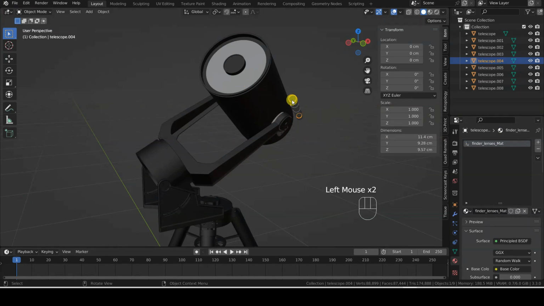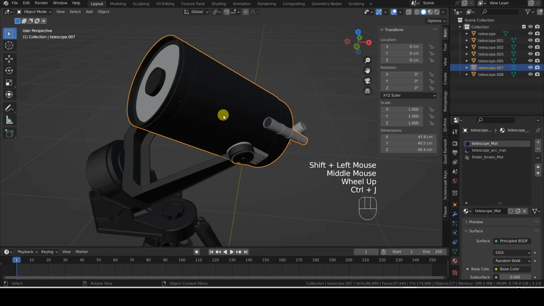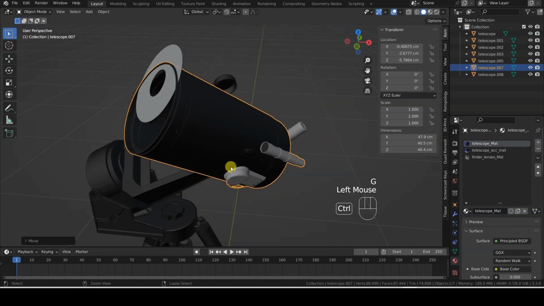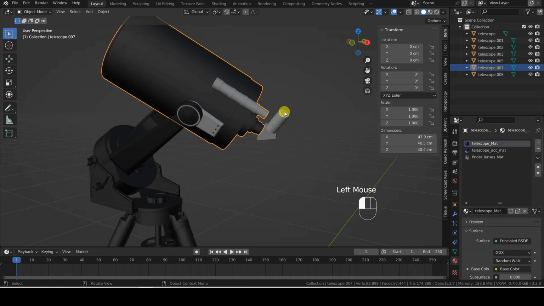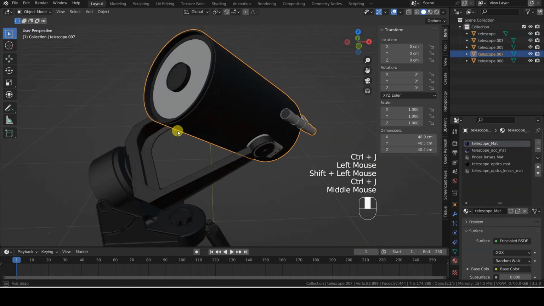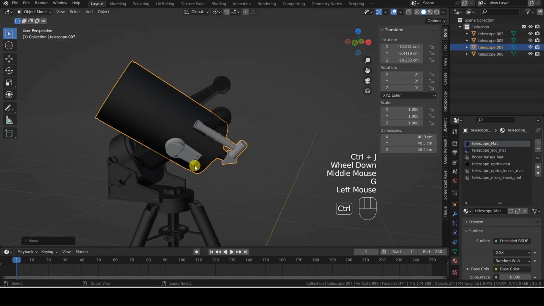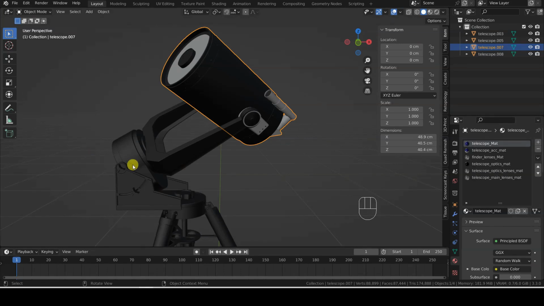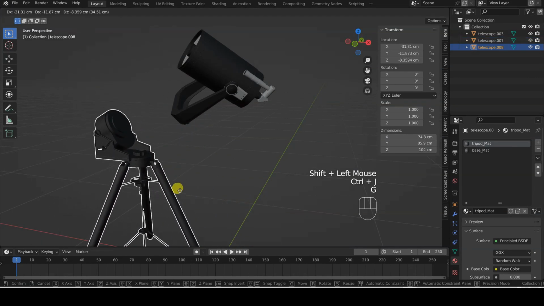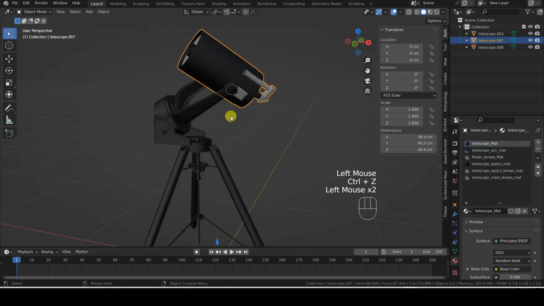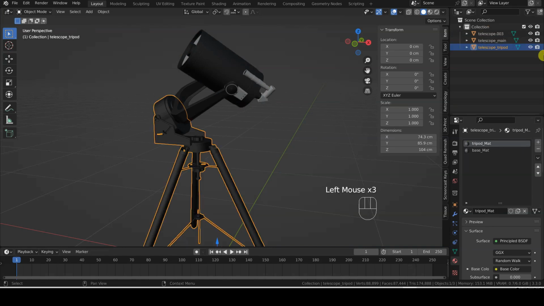At the end, we can merge some objects together, such as the lenses of the finder object to the body of the finder and, subsequently, the body of the finder to the main body of the telescope. We can also merge the lenses of the telescope, the optics, and the main body of the telescope together. The base resting on the tripod is generally rotated once, based on the latitude of the place, but it should not be rotated during an observation, so we can merge it with the tripod. We have therefore obtained three main objects, as desired. It is a good idea to rename them with meaningful names before proceeding further.